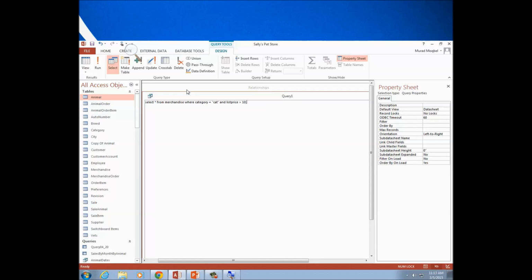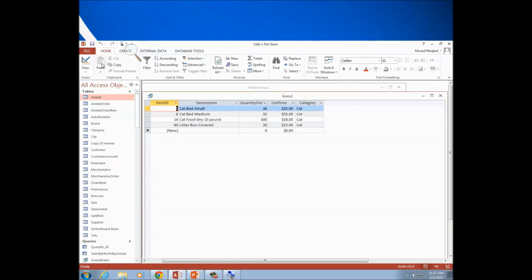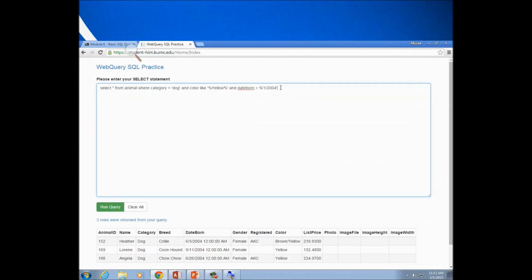So let's run this guy. Did it work for anyone? Yeah. So how many rows did we get? 4. 4. Yeah, let's run this with the web query and see what we will get. 4. You got the same? Select all from